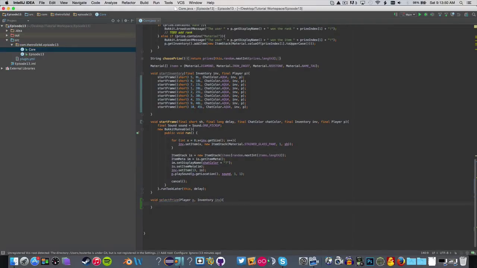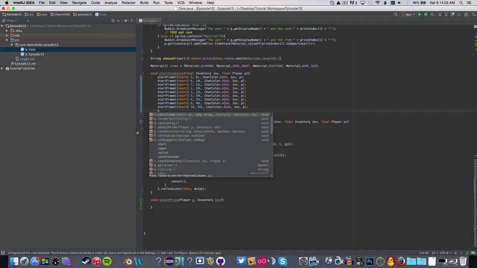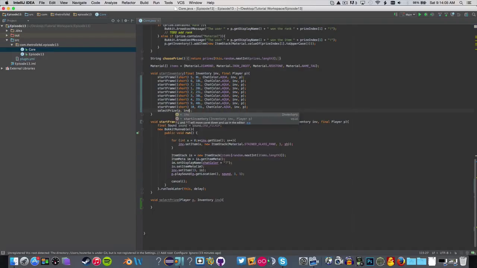And now all it is, it's just making another runnable with the delay of, well, this. So let's see. Yeah, and then we'll just call select prize for P and inv. And it's actually very simple now, because all we have to do is make these final. And then once we do that,